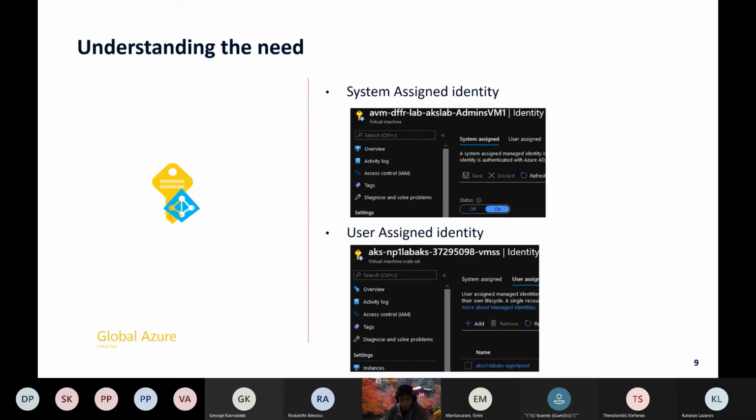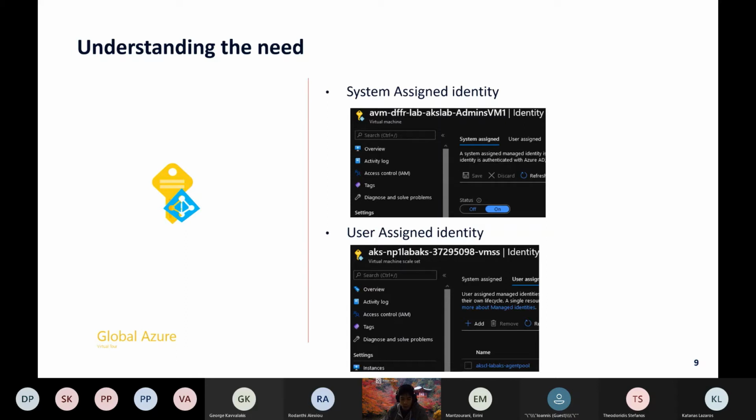Okay. So why should you use one before the other? Well, it depends. The first one is simple to manage. You just activate it and it's okay. But you are stuck with only one. So if you want to have different programs running on your environment, you might be stuck, because once you've granted an RBAC assignment to your system assigned identity, if the RBAC assignment is not enough, then you need to grant more.